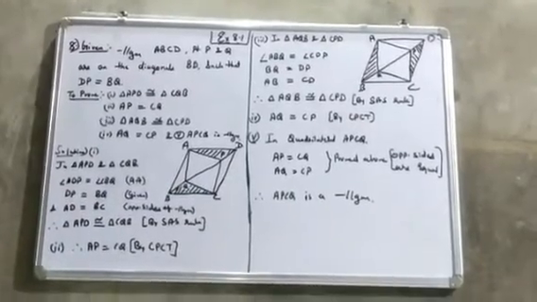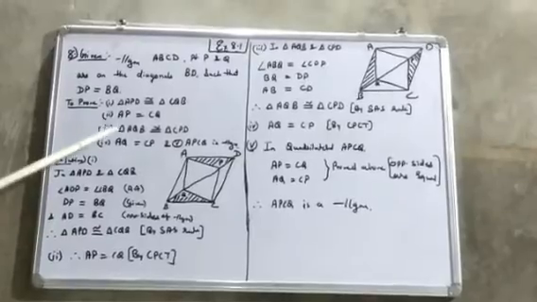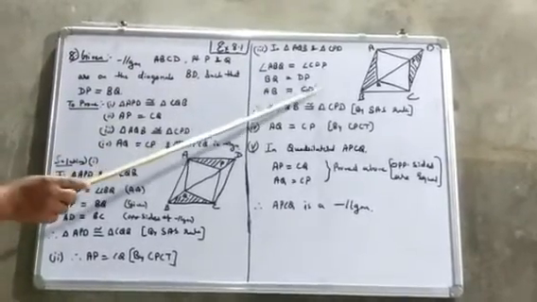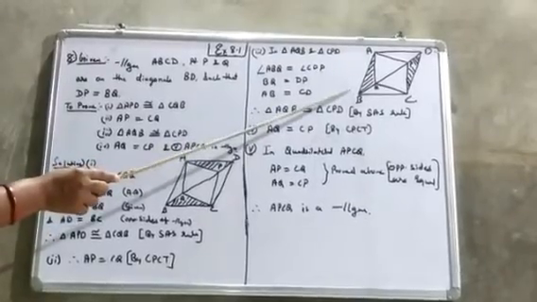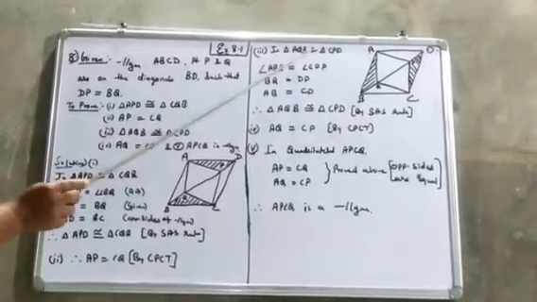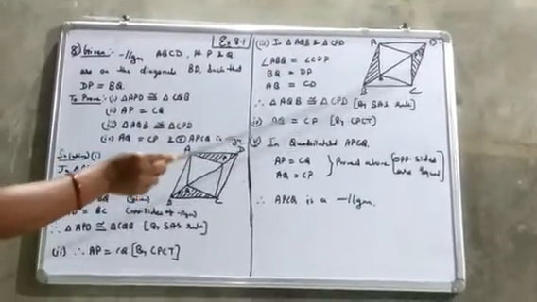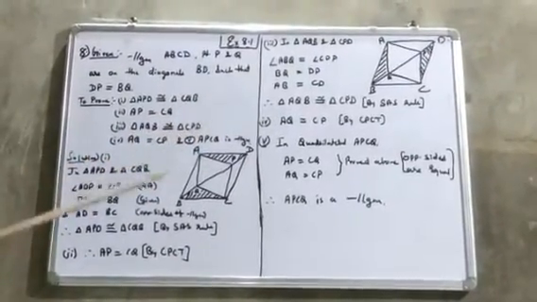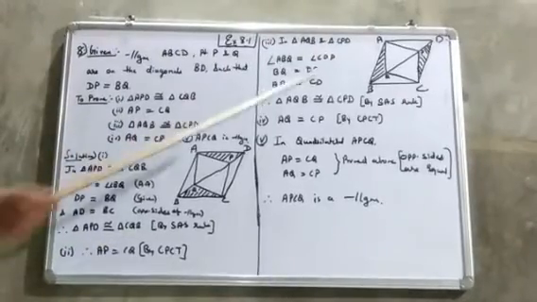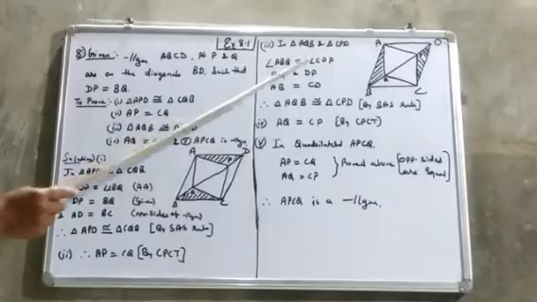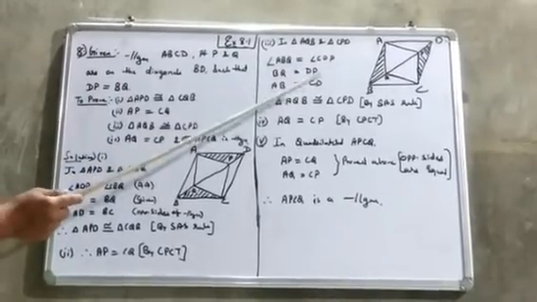In the same process, we will go for triangles AQB and CPD. Again draw the parallelogram and shade the required triangles AQB and CPD. In the same way, prove the congruency between these 2 triangles. For proving, the same process can be utilized.